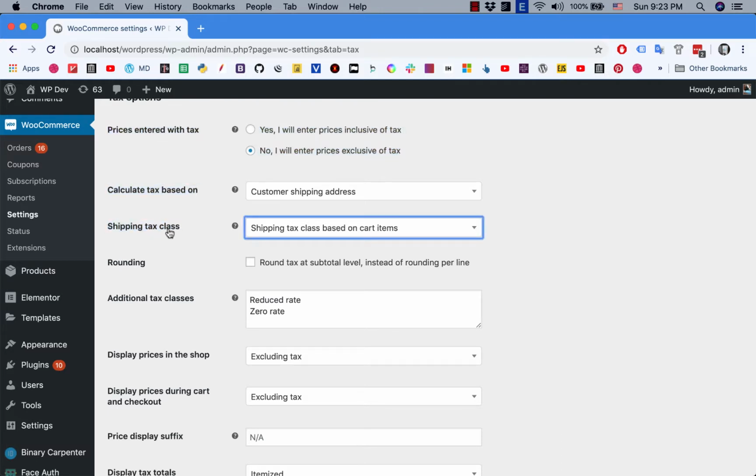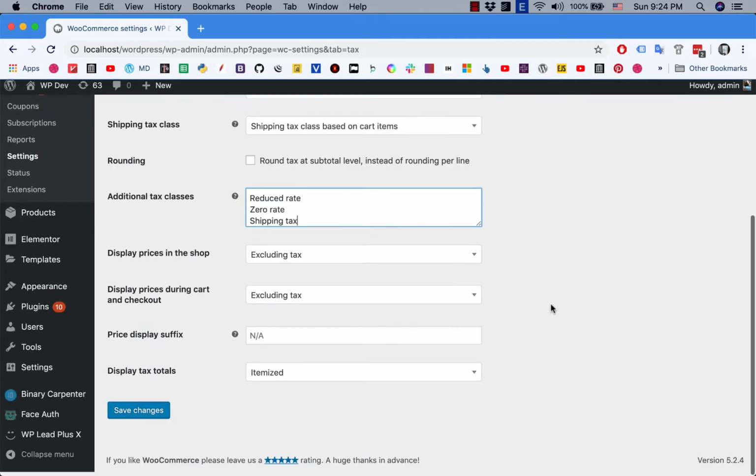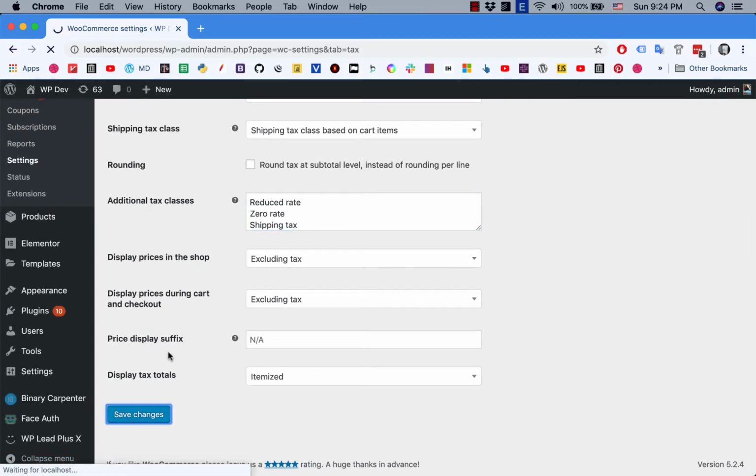Normally the tax for shipping will be calculated based on the tax for the items in your cart. But if you want to set it to something else, for example, normally your items in the cart have a 10% tax rate, but for shipping you may charge like 50%, then you need to add a tax class here. So for example, I'm going to add shipping tax here. Make sure you click on save changes,